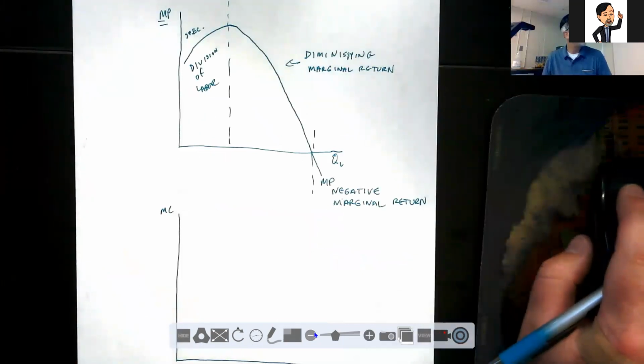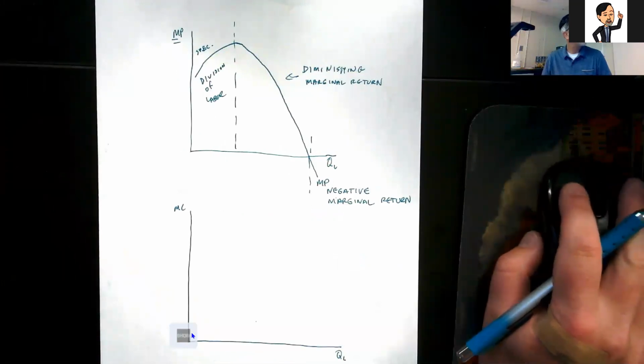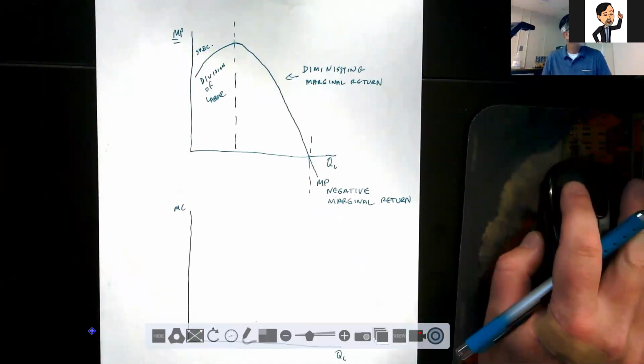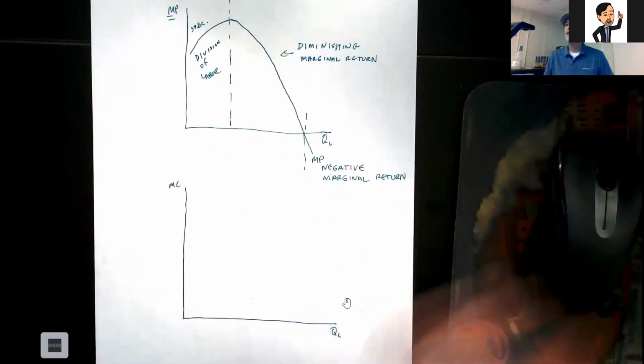I'm noticing that that graph isn't on the page. Okay. So